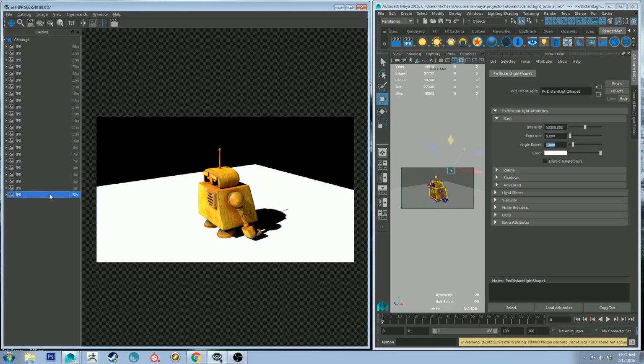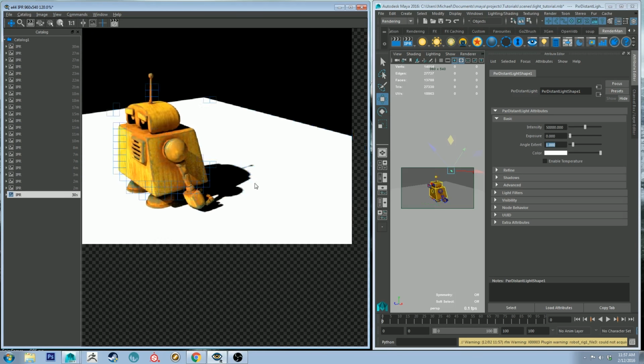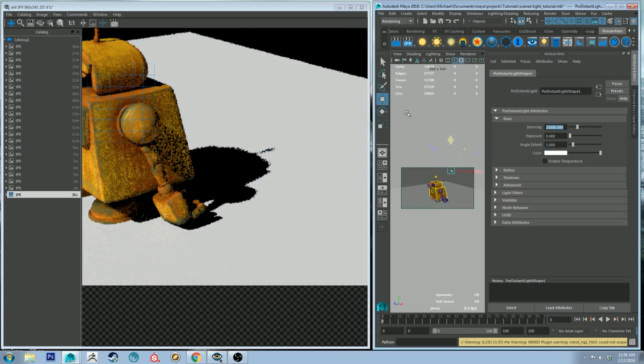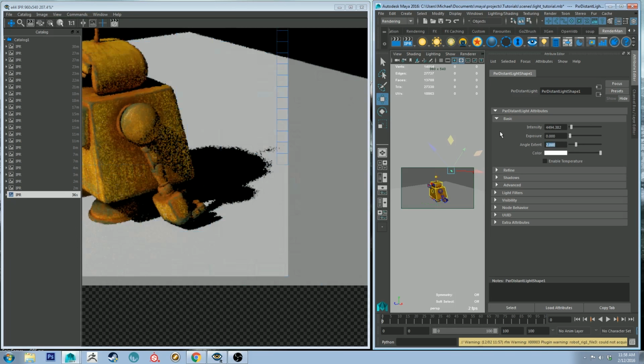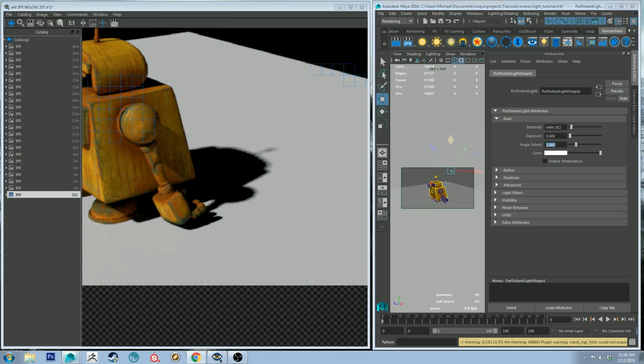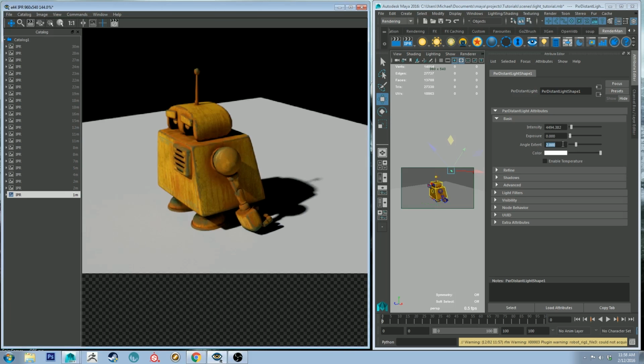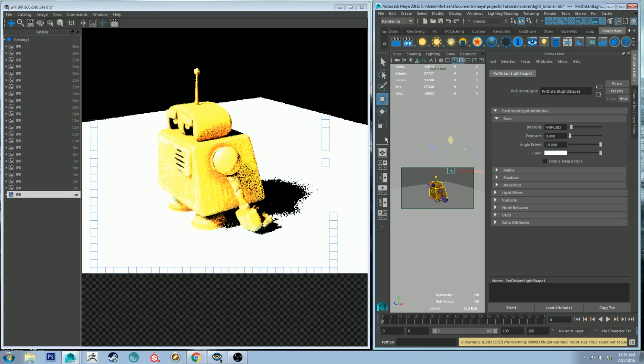So if we change it to something like 1, it's slightly difficult to see, but the edges of the shadows are actually softening slightly. You'd want to balance this out with your intensity. So if I change that to 25,000, for example, you can see with a low intensity, but with a high angle, it's softening those shadows quite a bit,